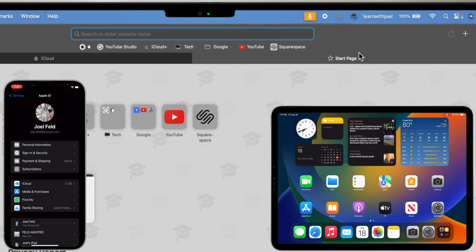Now, I've talked a lot about trusted devices. This iPad is a trusted device, this phone is a trusted device, and I have another cell phone that is linked that actually has cell phone service that is a trusted device. But the question is, how do you manage these trusted devices? How do you get rid of them? And also, how do you add a trusted device? So there's another website that we're going to go to, and it is